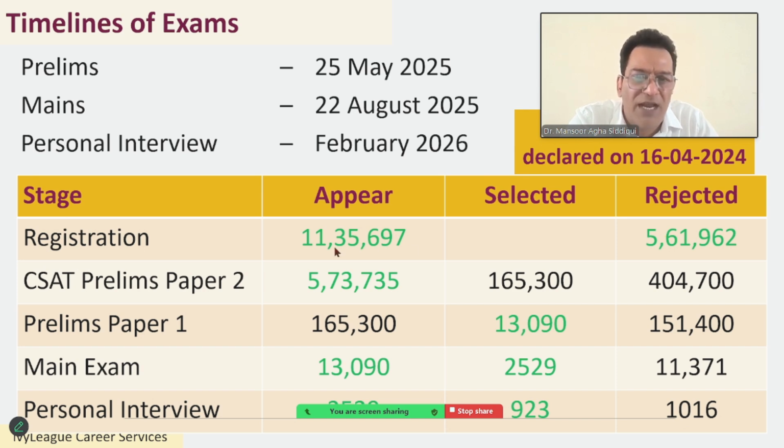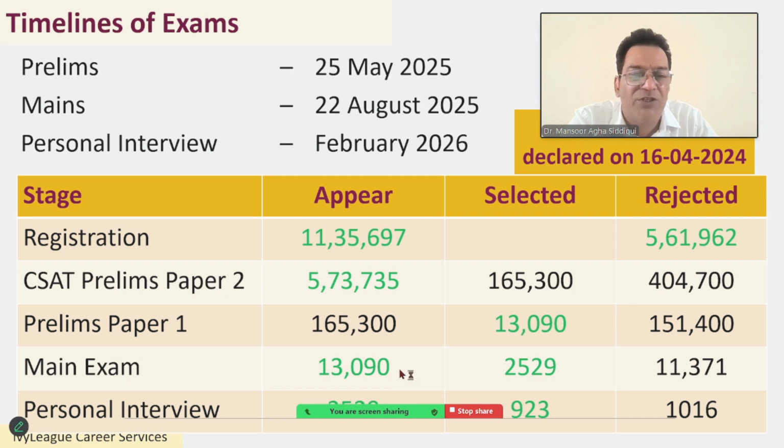So, out of 11.3 lakh students, a total of 1,65,000 actually clear the first stage of the examination, which is the CSAT paper. These students go in for prelims paper 1, which means the paper 1 is now checked. If they have not cleared CSAT paper, then this prelims paper 1 performance will not even be checked. So when their performance was checked, about 13,000 went in for clearing the prelims paper 1, and they moved on